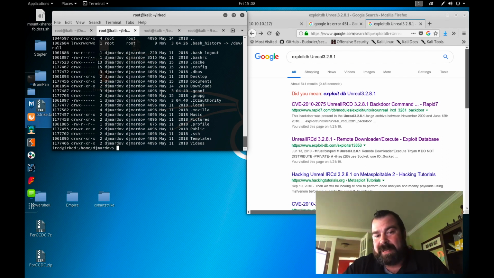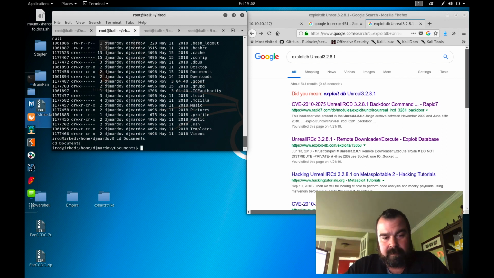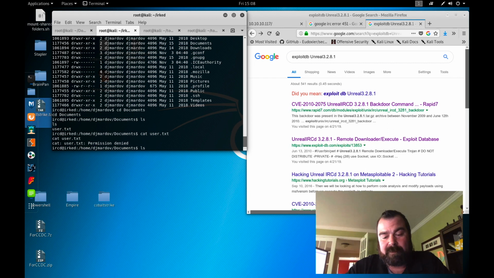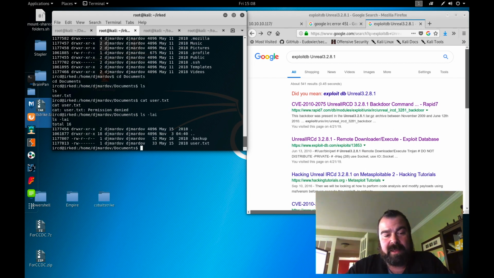Just going through the OCP, kind of expecting things to be on the desktop, but right there in that home folder. It's been a while since I've been in Hack the Box. However, if we go to cd Documents and do an ls, here we see user.txt. Now, if we try to access user.txt, it's going to fail, right? So if we do an ls -lai, we can see that the user.txt is only read-write for the actual user,